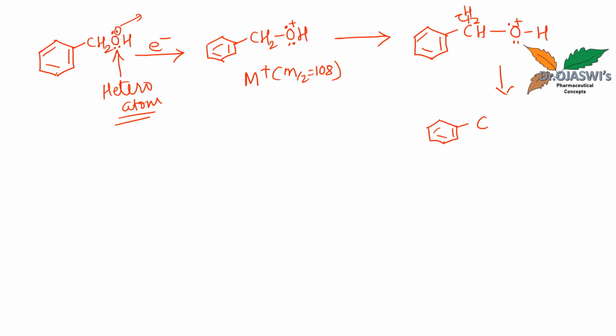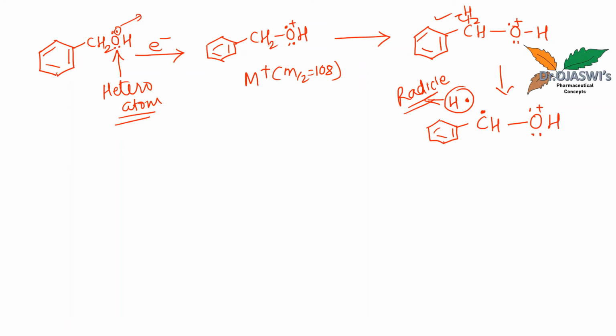CHOH, electron, charge, electrons, and here this bond is broken. So this electron is here and this hydrogen is gone as a radical. Such radicals are not detected by the mass spectrometer. So what has happened here? Homolytic cleavage happened. Now further homolytic cleavage can occur between OH and CH.